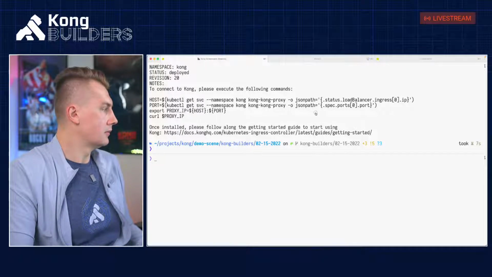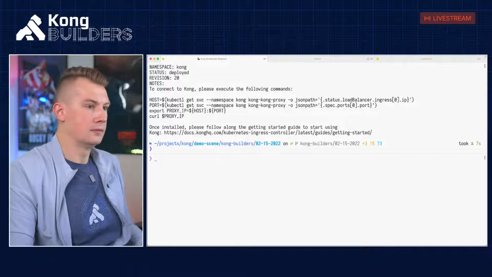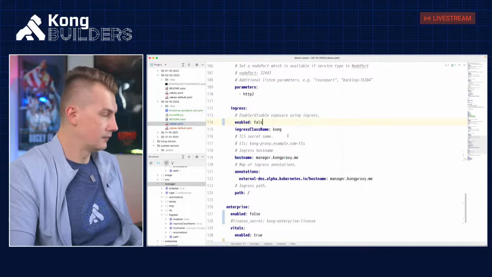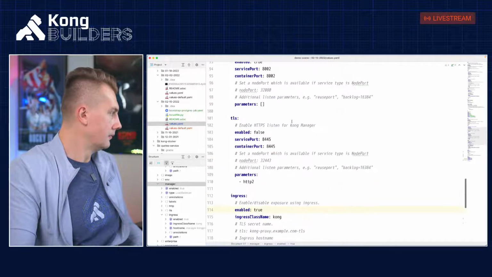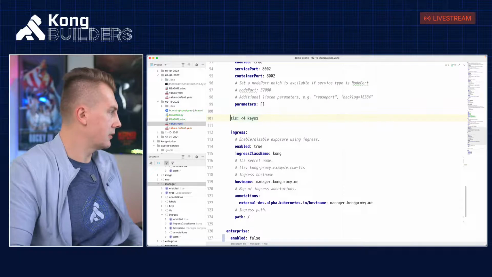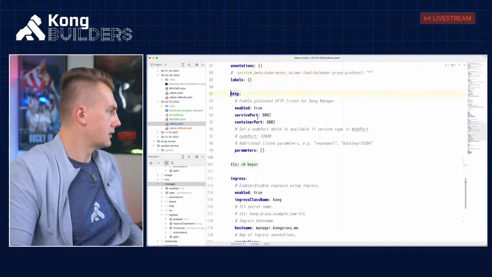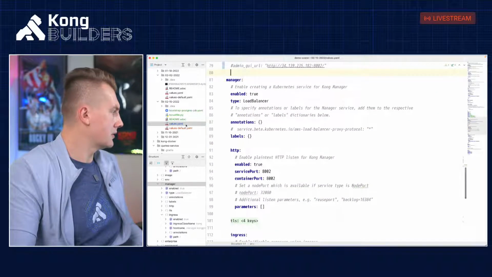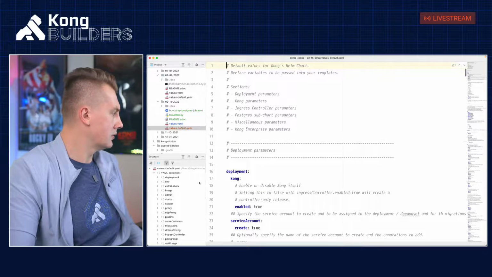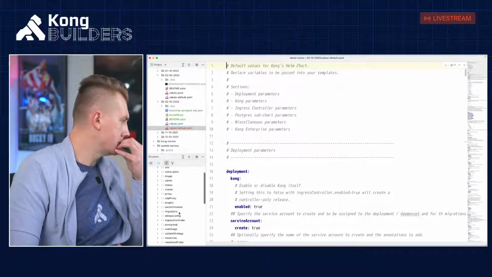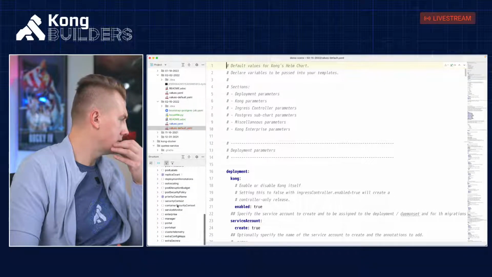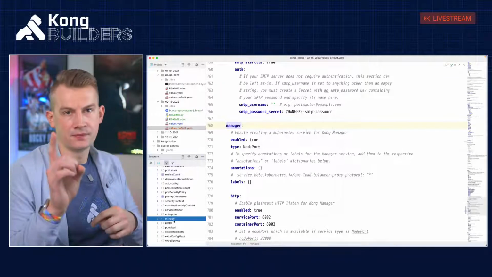So now let's do TLS disabled inside the manager. We can always go to default values and see what is going on there. Where's the manager? Okay, I know what the problem is.